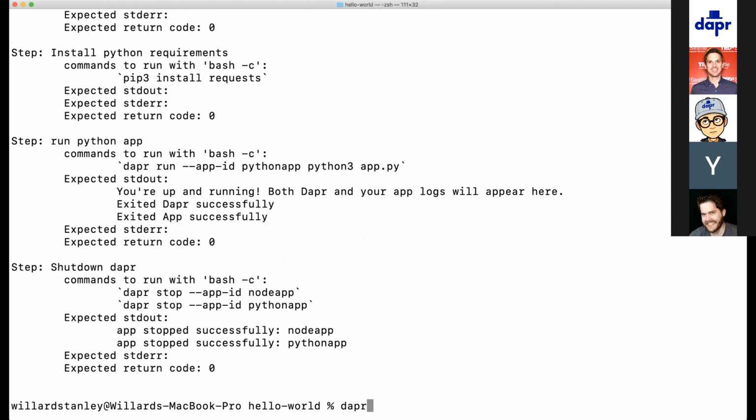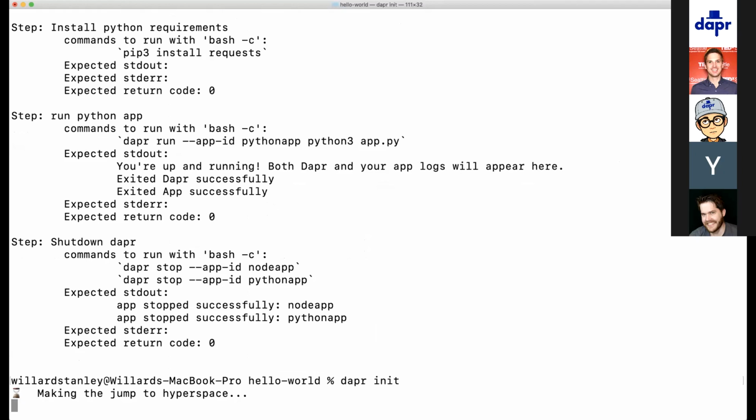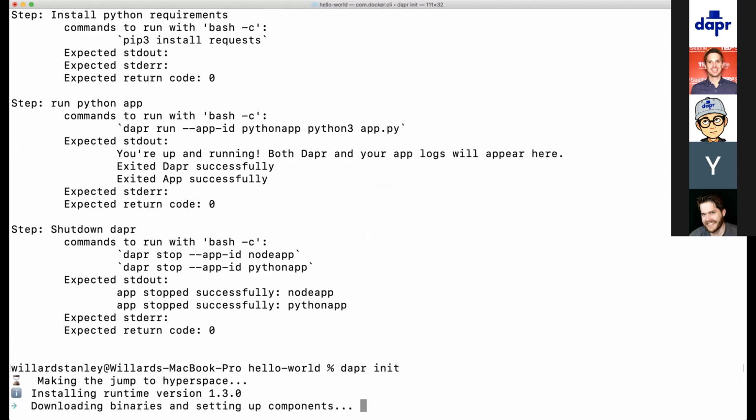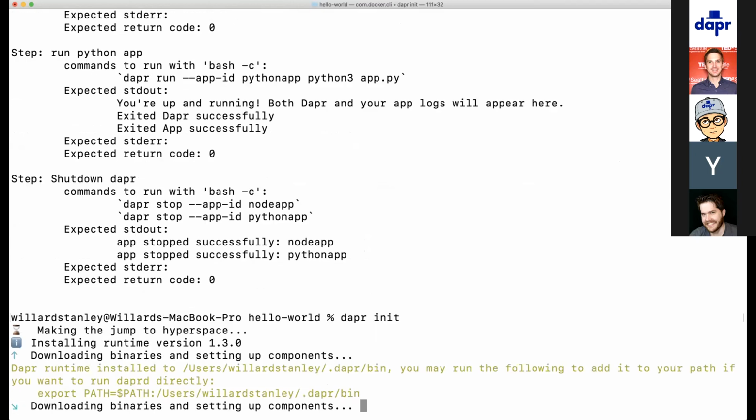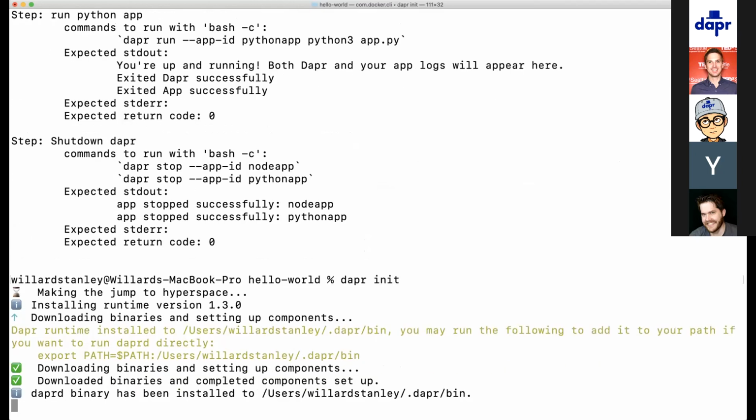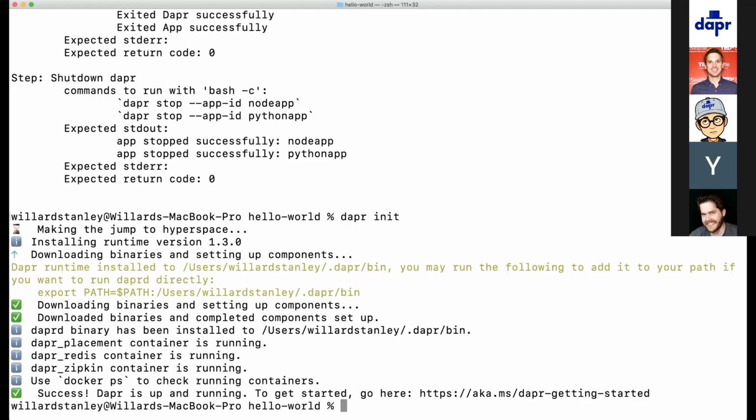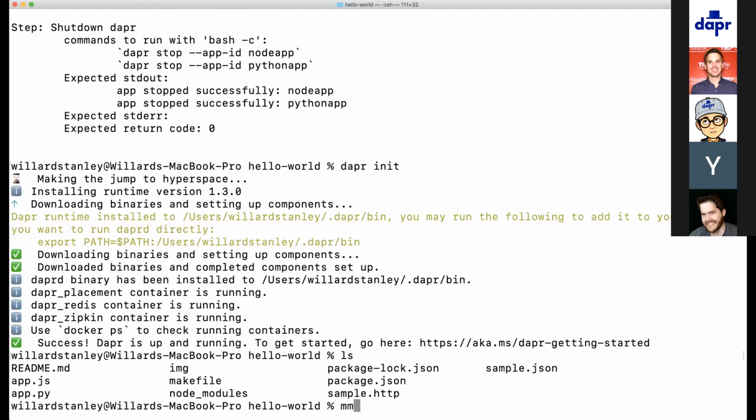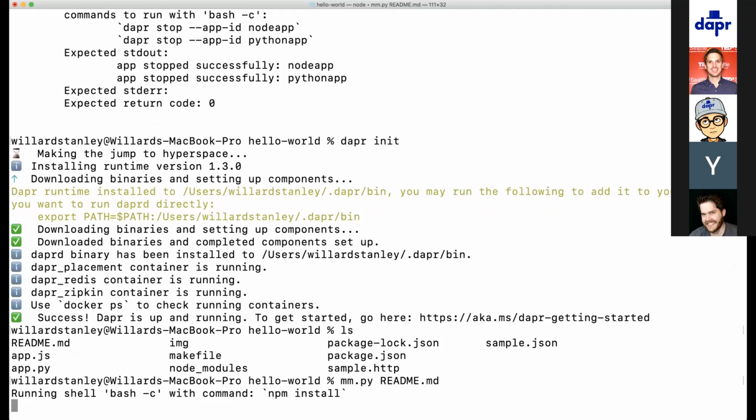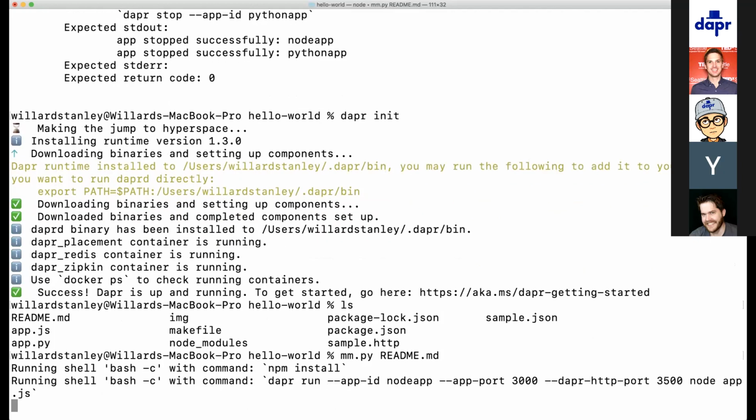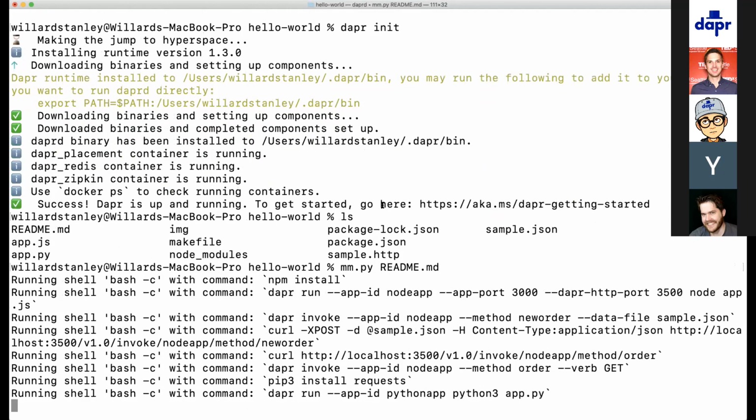Let me make sure I actually have the latest Dapr here. Once we have the latest Dapr installed, I can then execute this README file just by typing mm.py and giving it README, and you can see it's printing out. I'm running npm install, I'm running Dapr run, I'm running Dapr invoke, I'm curling to make sure that my order works, and then